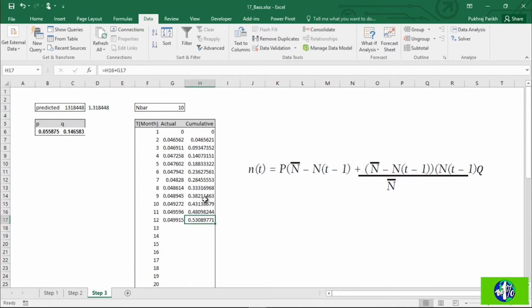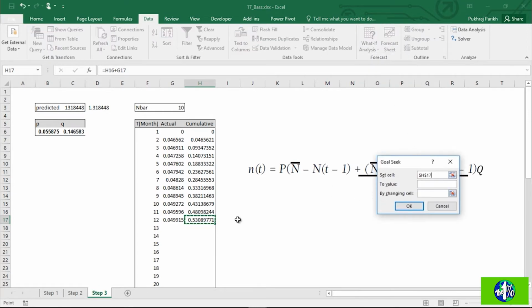Now we are going to use Excel's goal seek tool to find out the value of N bar at which this cumulative first year sale is equal to that predicted first year sale. So we'll go to Data. In the What-If Analysis, there is Goal Seek. We want to set this cumulative sales cell to this first year sales